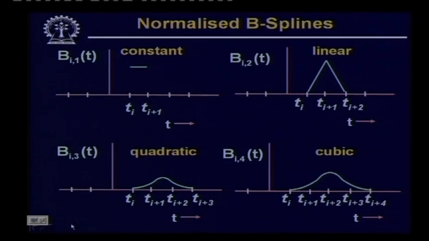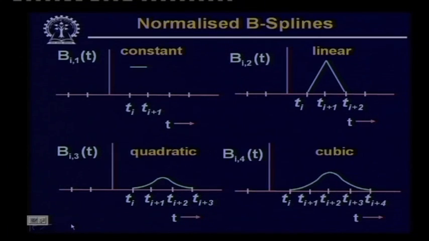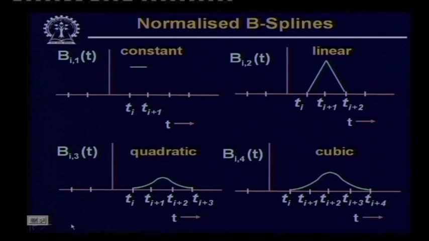is a cubic function. And we have said in the last class, here you find that the region of support for B I 1 is just one sample interval. For B I 2 the region of support is 2 sample intervals, for B I 3 it is 3 sample intervals, and for B I 4 it is 4 sample intervals. And we mentioned in the last class that the quadratic one, that is for k equal to 3, is normally not used because it does not give a symmetric interpolation. Whereas using the other 3, that is B I 1, B I 2 and B I 4, we can get